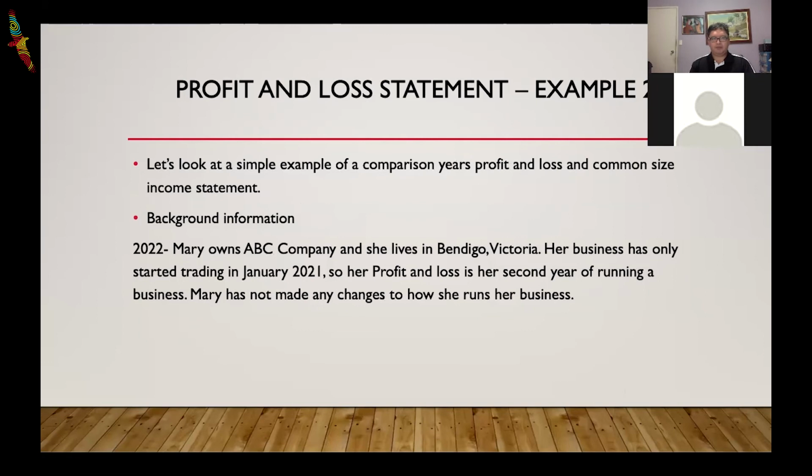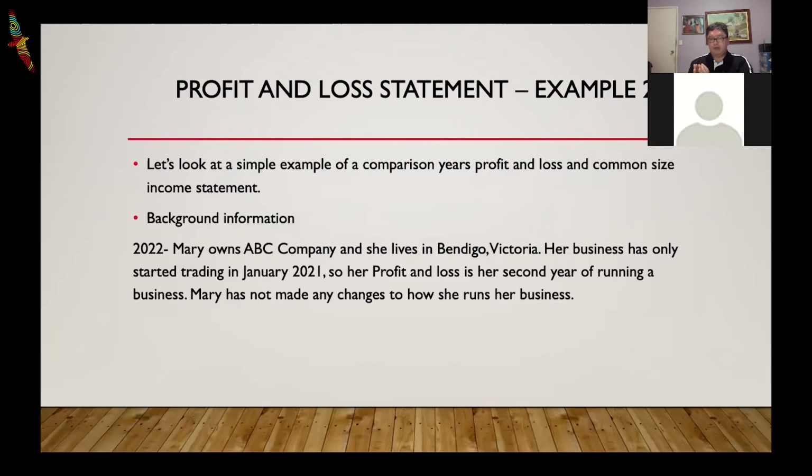So let's go on to example 2 for the profit and loss statement. Let's look at a simple example of a comparison year's profit and loss and common size income statement. So comparison years means that we're going to have one year and then the following year, or we could have